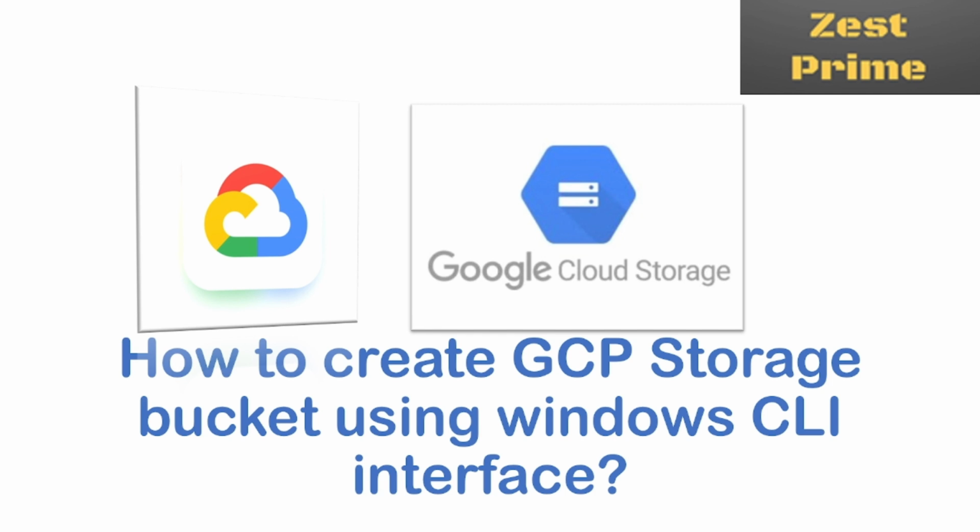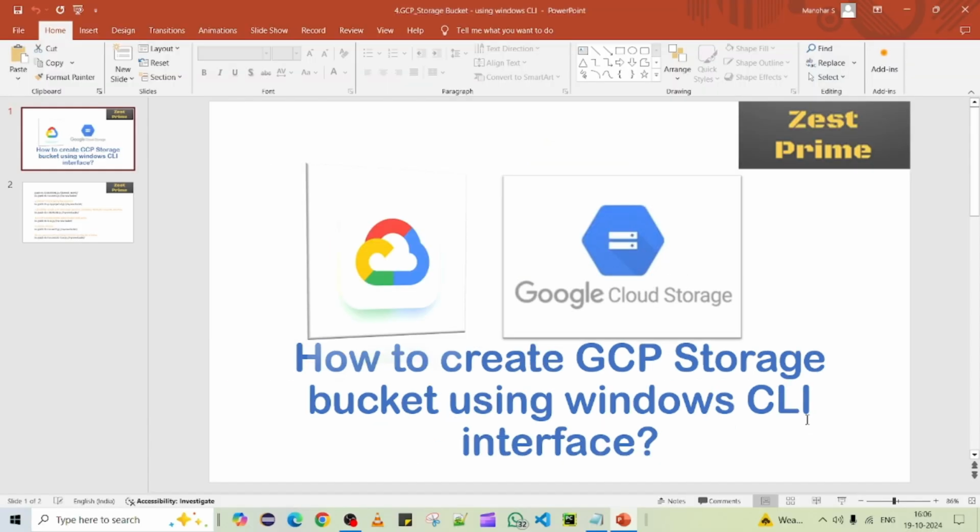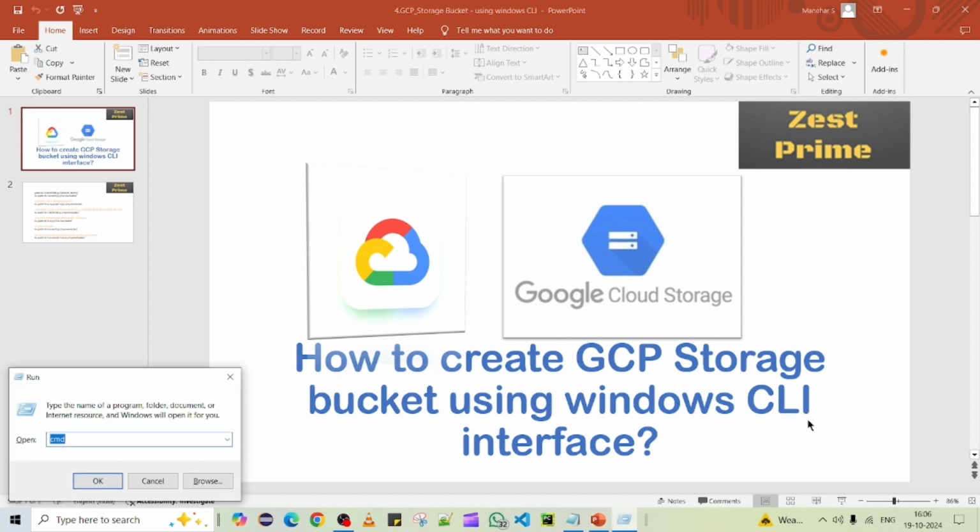So let's get started. Before creating the storage bucket, we have to connect the Windows CLI interface with the required GCP connection, so that we can execute storage bucket create commands like gsutil. To connect to the GCP environment from the command line interface, we have to open the command window